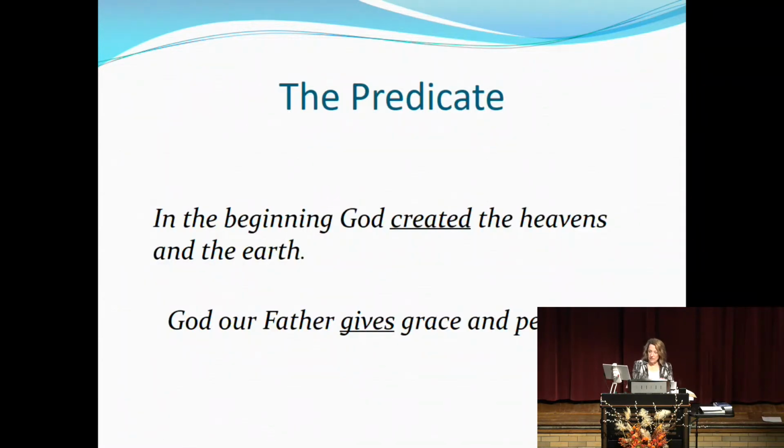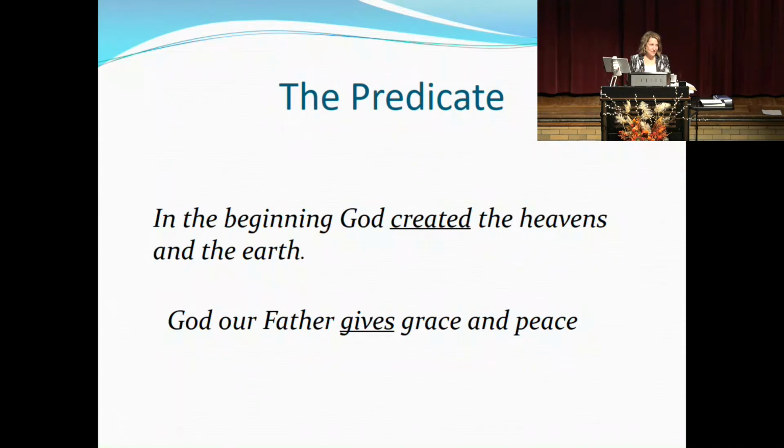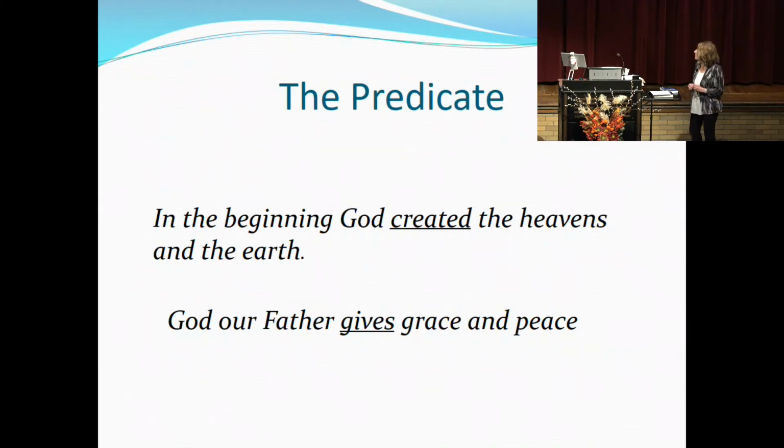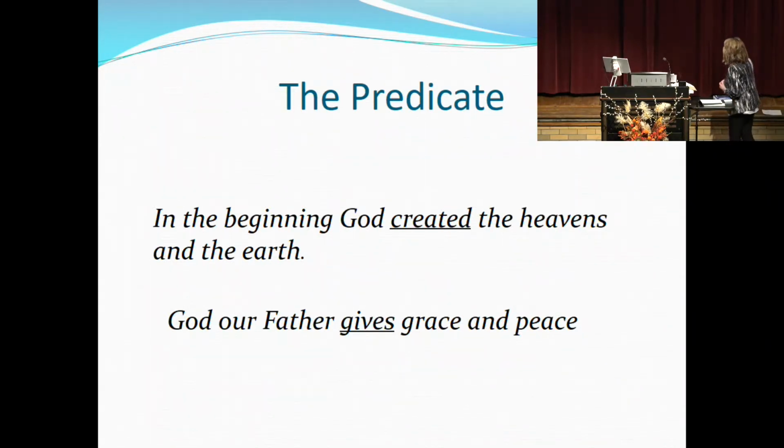And then we have the predicate, or the verb, and the predicate, remember, is that part of the sentence that isn't the subject. A sentence must have a verb, and in a very simple sentence, the predicate is the verb. We're going to find the simple predicate here. So, in the beginning, God created the heavens and the earth. We're finding the verb first, and the verb is created, and it's action in nature, and then we want to find our subject, and we ask, who created? God. And there we found our simple subject, and we have our simple predicate.